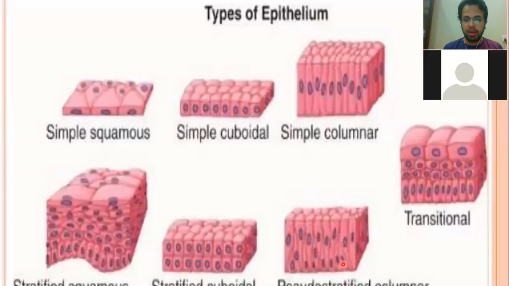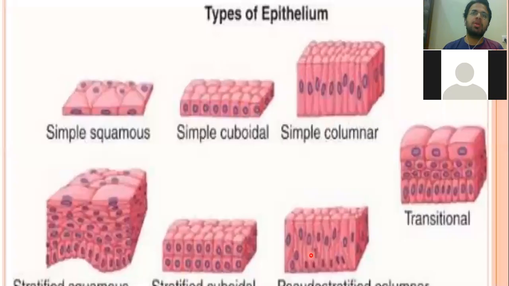So the nucleus is present at different levels, so it will look like it is a multiple layer epithelium, but it is not the case. Therefore, that kind of epithelium which looks like a multiple layer epithelium, but is a single layer epithelium because of the different position of the nucleus, is known as the pseudo stratified epithelium, right?